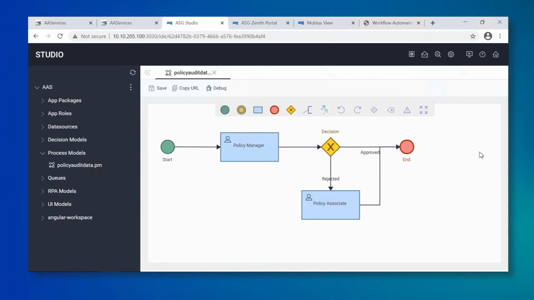Now let's take a look at the part of the solution that allows definition of the process flow consistent with the business process. Two user tasks have been defined to manage exceptions identified by the business logic. Admittedly, this is a simple workflow intentionally designed so to emphasize integration. ASG's Zenith platform offers a robust set of features which can be leveraged to meet exacting needs.